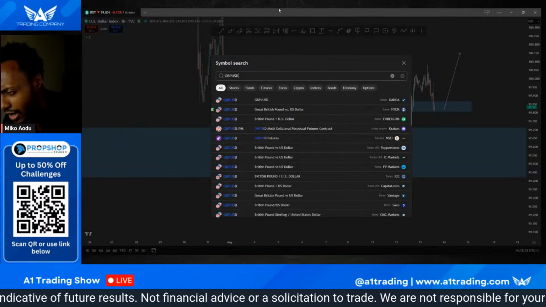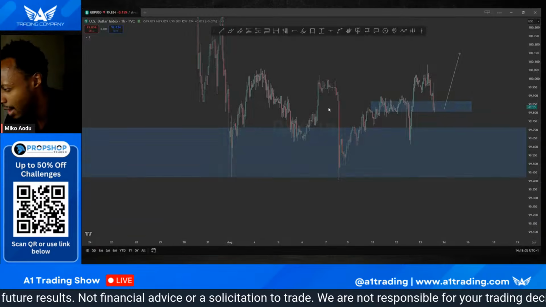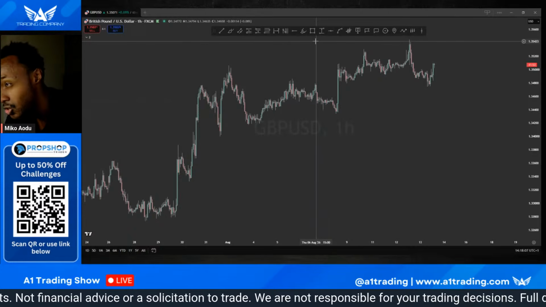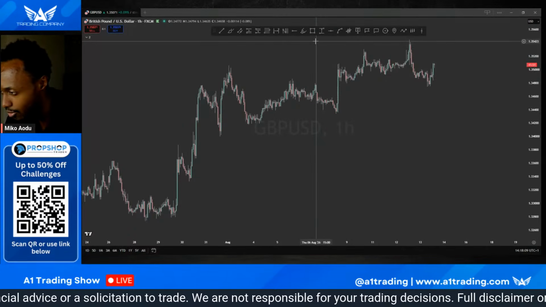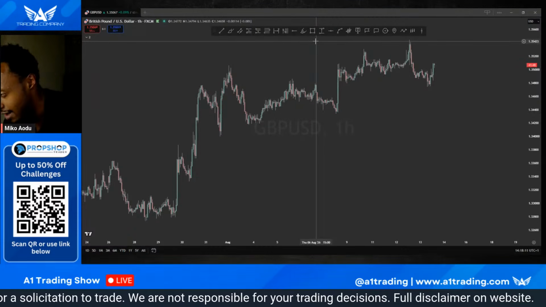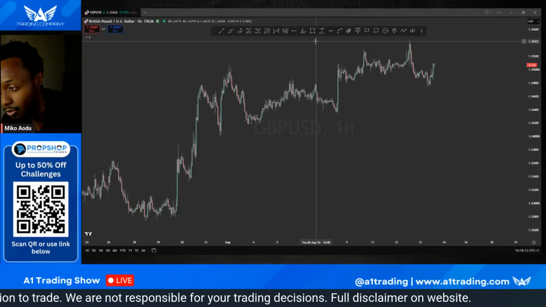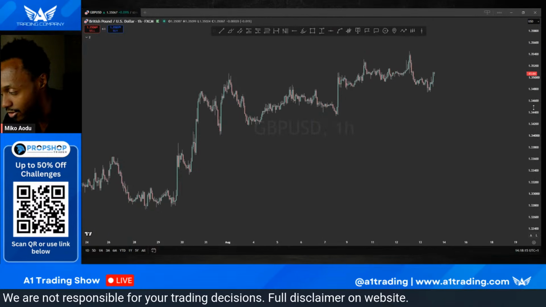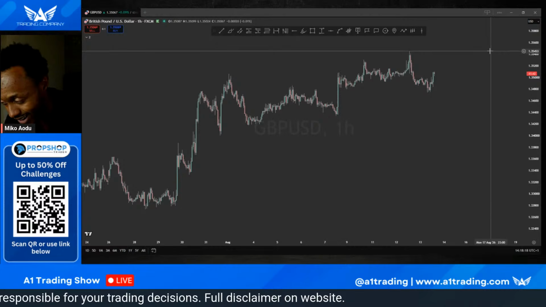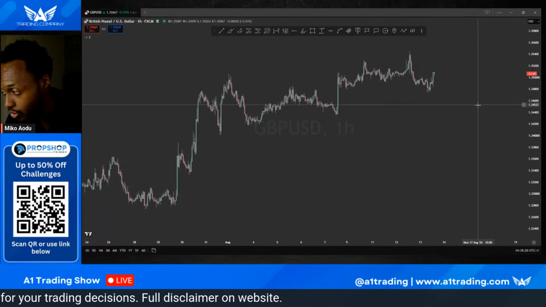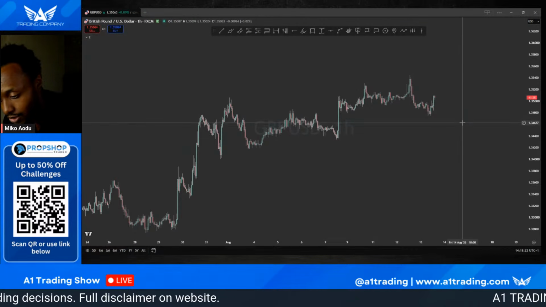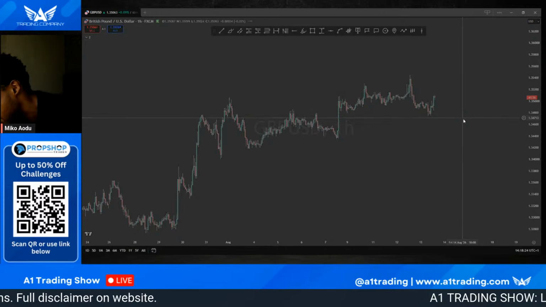Pound I'm not a big fan of, to be completely honest. Out of the USD pairs, there's only 3 which I've kept an eye on this week. Again, I have been busy, but from what I have been keeping an eye on, 3 USD pairs have looked good to me: dollar CAD, Aussie dollar, and euro. Pound USD, I did have a look at this one on the weekend and just said, yeah, I'm gonna let